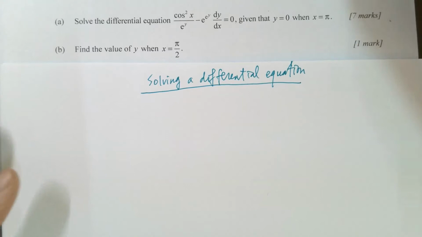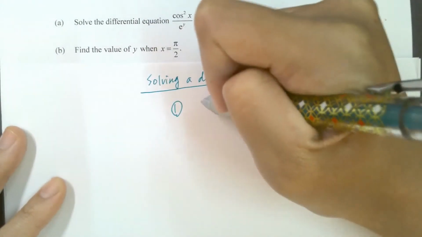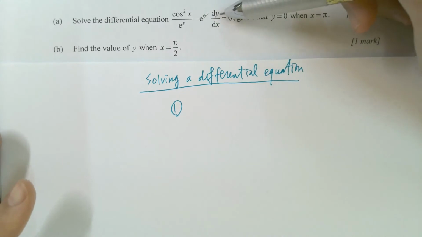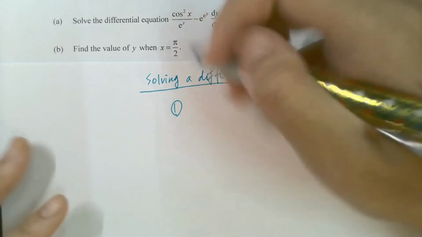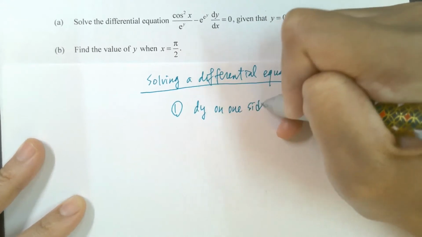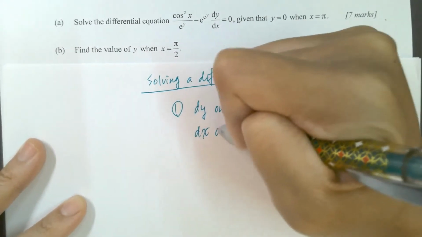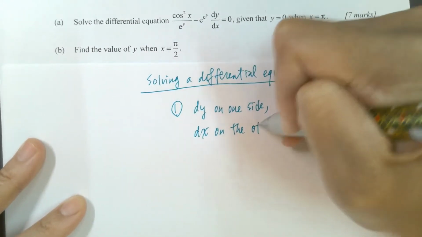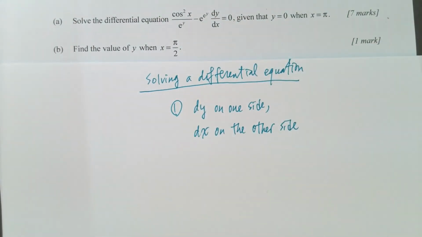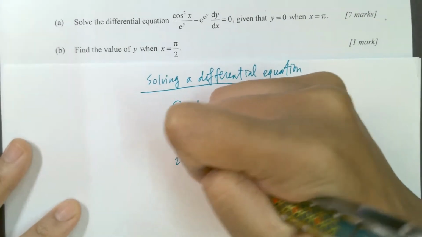First of all, try to put dy and dx on two different sides. Dy on one side, dx on the other side. So we call this a separable equation, right? We could do that. And then two, we try to